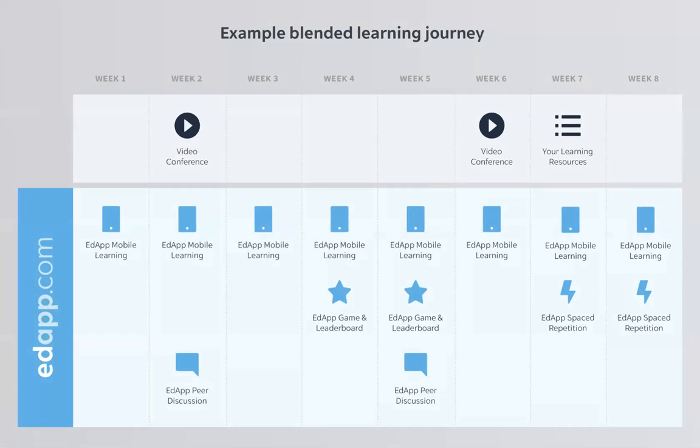This could be 1 week, or it could be an entire school year, for example. The map obviously would be respective to your particular training use case. But what we're looking at here is something typical that you might find with learning programs delivered by agencies, for example, or internally, where you're combining